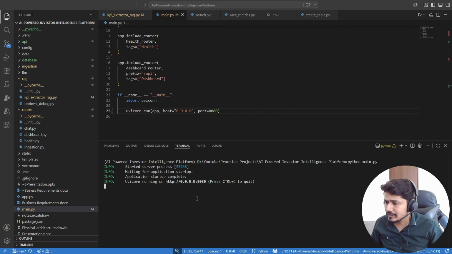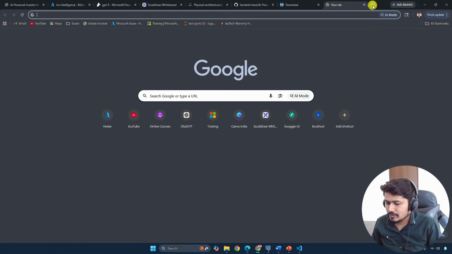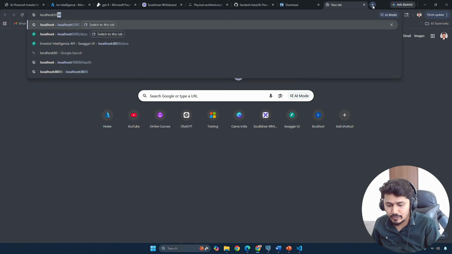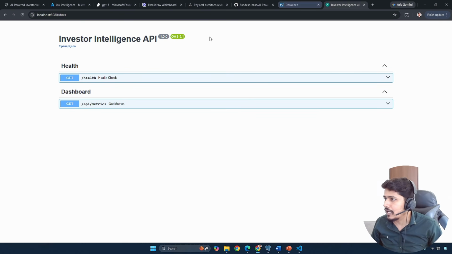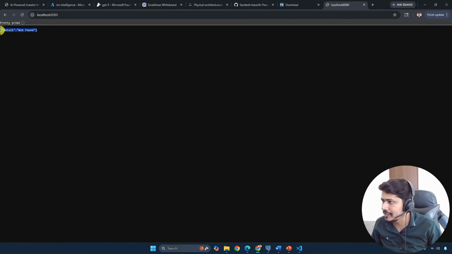Okay, so you can see it has loaded this particular application. So let's go to the localhost and test it. So localhost, and we'll have to go to the port 8080. And if you go to the base, you will see detail not found